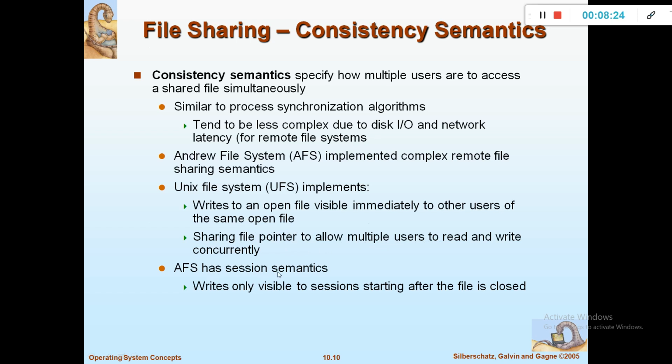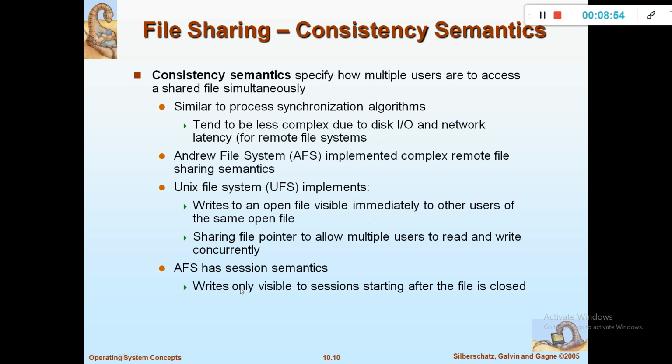AFS has session semantics: writes are only visible to sessions starting after the file is closed. Otherwise, if the file is being read by some user, it is not visible for the writing. This is how it is implemented.